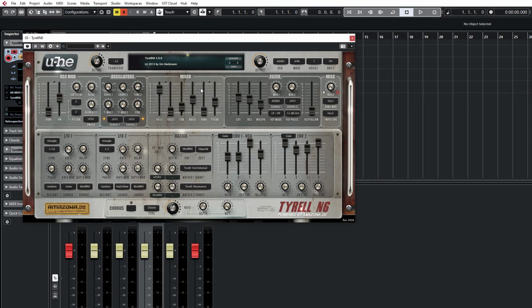Within the digital age, everything's bang on in tune all the time. Well, this mimics the analog circuitry of it. It's just moving and drifting ever so slightly. So it has two oscillators, a noise and a ring modulator. It's got two LFOs, and